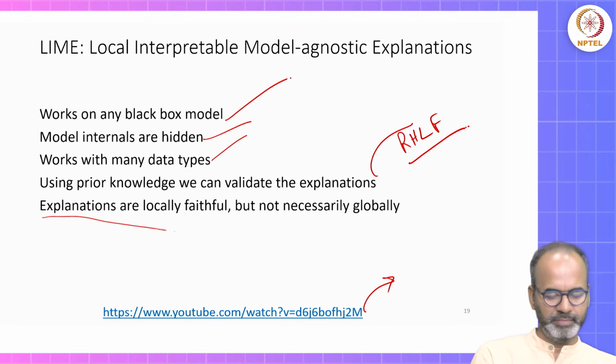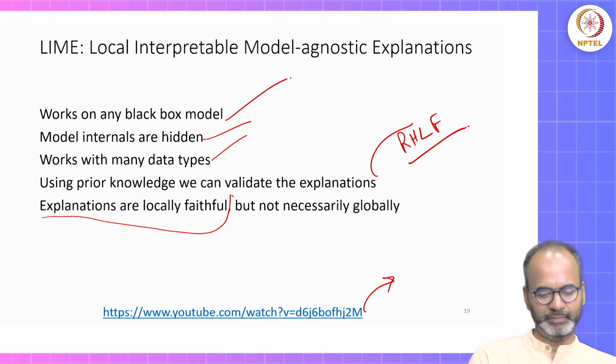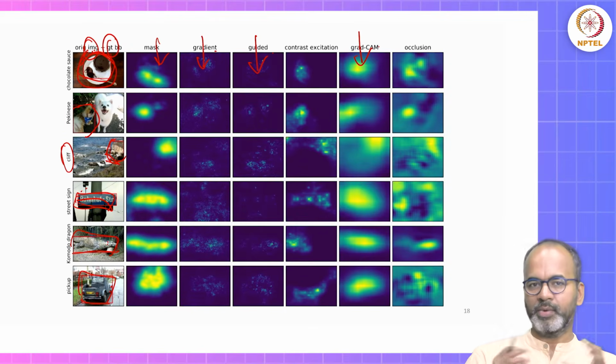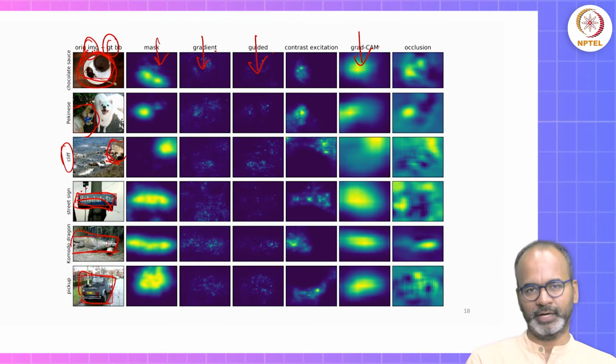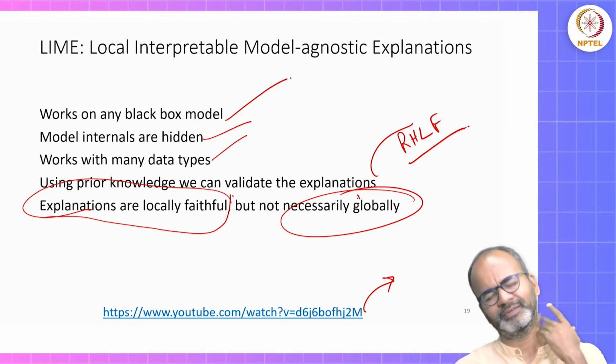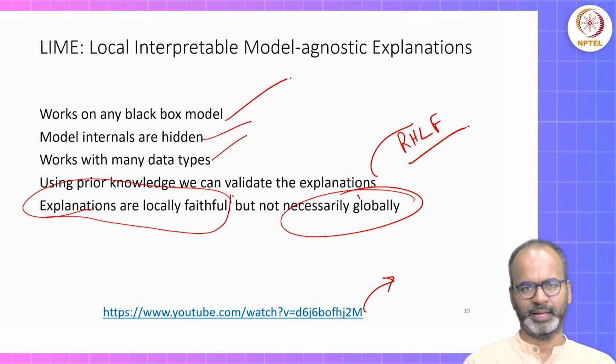This is a big theme of LIME: the explanations it provides are very faithful locally, which means in a particular image, or in a particular data set, for data points around it, it will be very, very faithful. Faithful meaning it would do justice to the decision that the data point is being used for classification. But it may not be the same case globally. That's one of the themes of how LIME works.